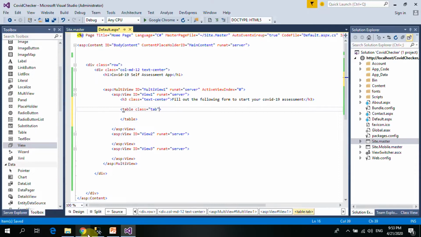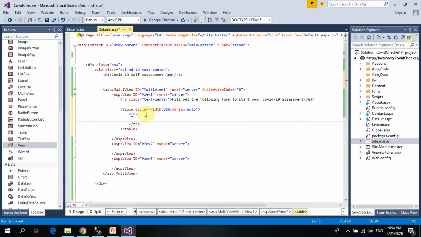Oh, I can just style it. There's no need of, I can just style it, make it 100%. Style, let's say width, or maybe 80%, margin auto. So I have this now, and just table row, table td. So the first one is what? Select your gender, right? So it says select your gender,